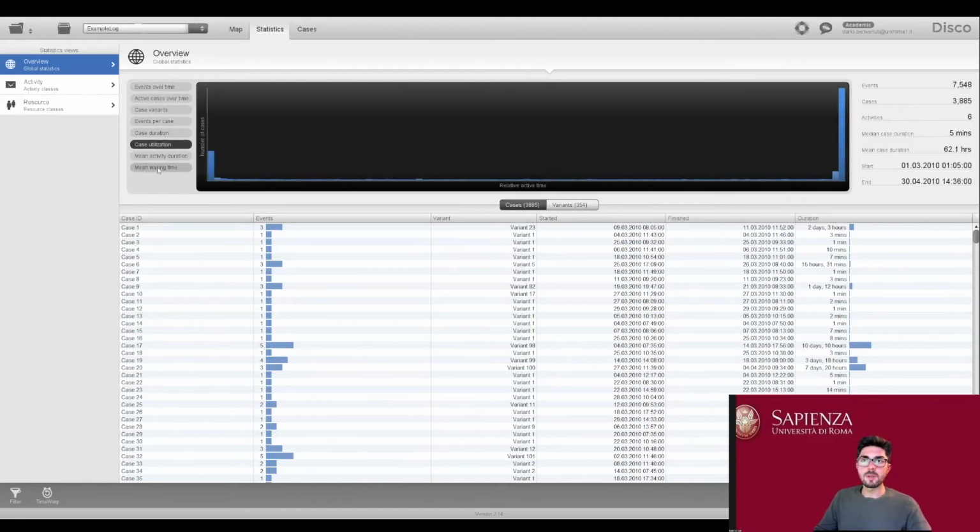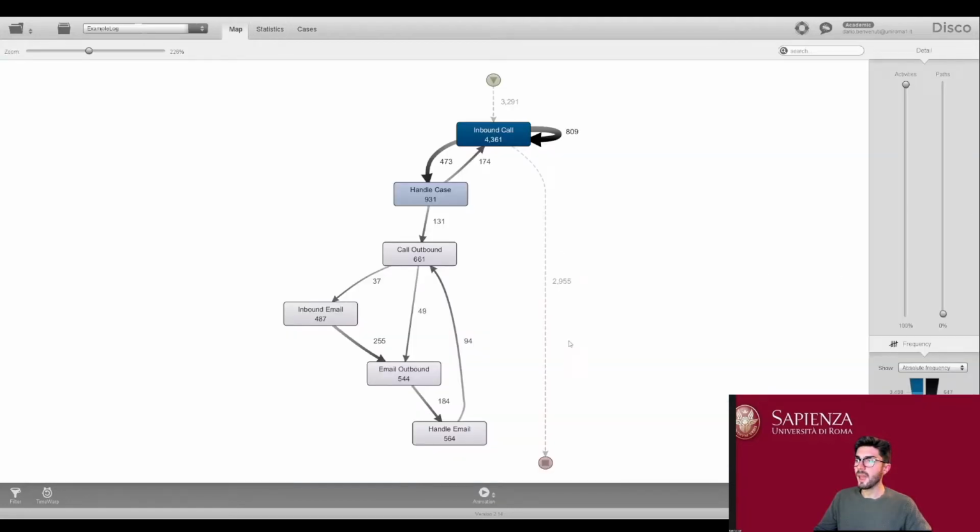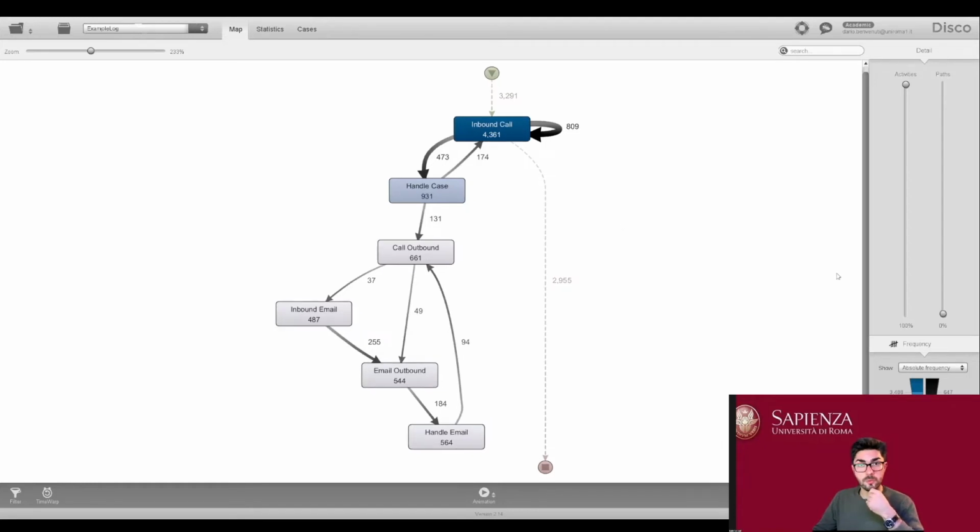And we can have all kinds of statistics. And basically that's it. This was quite a short introduction of Disco. Of course, the tool is very, very powerful and can be used for a lot of things, and I highly invite you to download it, to load whichever kind of logs that you can find on the internet, and play with it to look at all the tools that it offers.